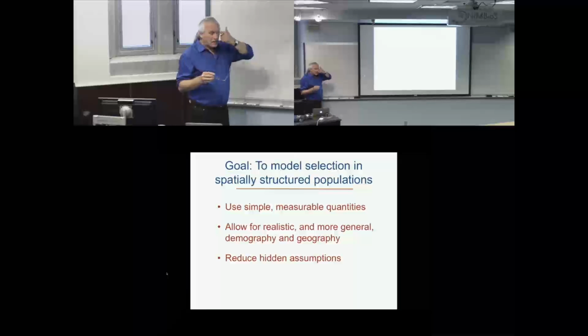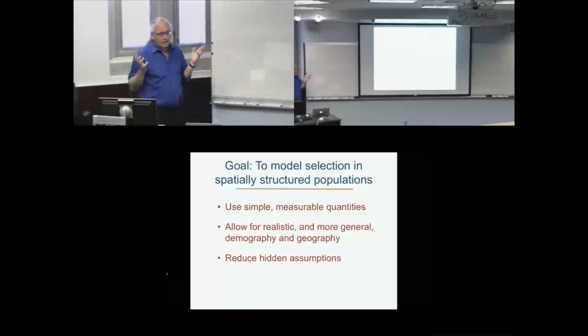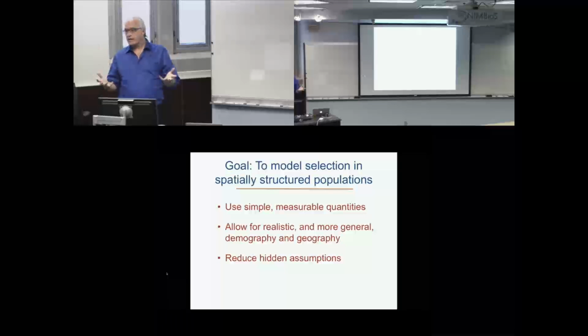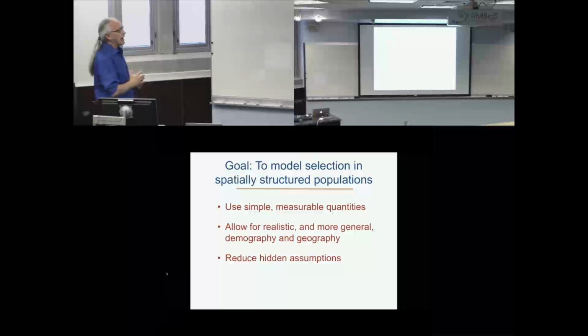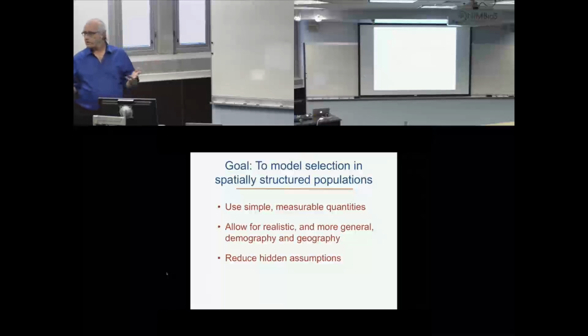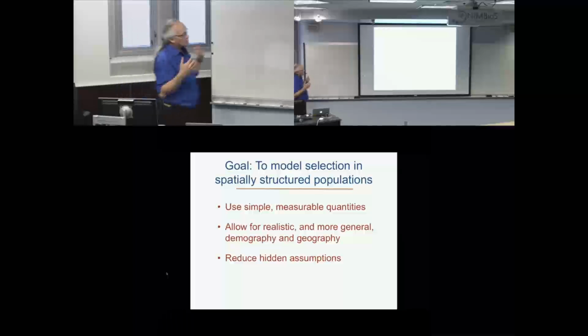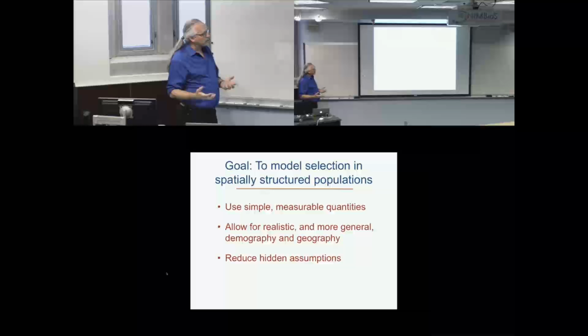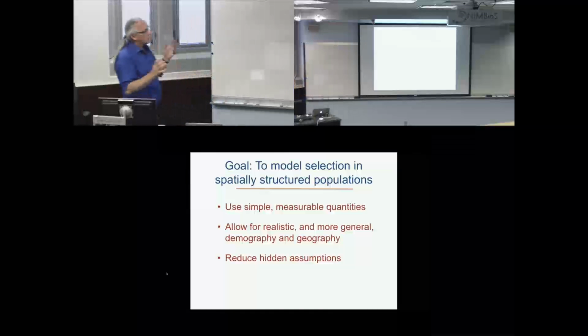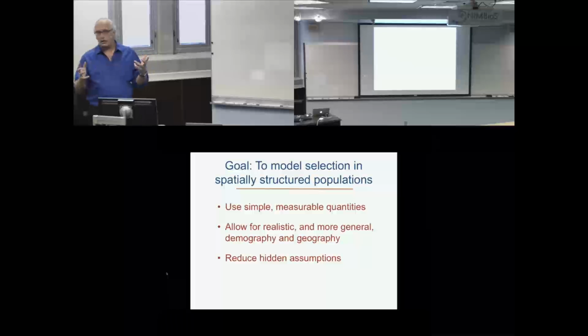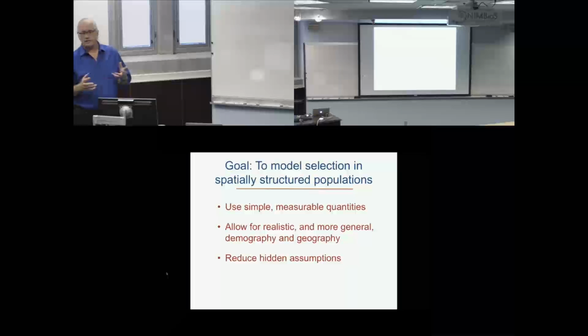And in general, I was trying to look at some of the simple population genetic quantities that we perhaps knew a lot about in a panmictic single population, and start to think how that might be different by space. What I was trying to do was use quantities that were measurable in nature to varying degrees of success. I wanted to allow for the kinds of demography that went beyond just the sort of island model that's typically the starting place for these